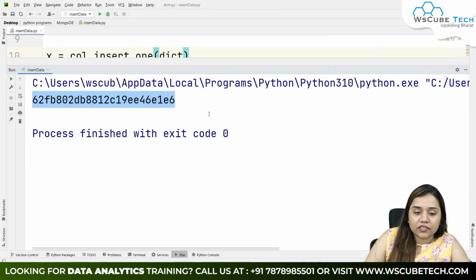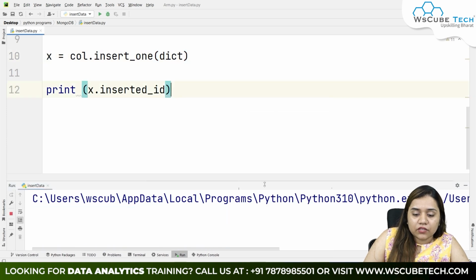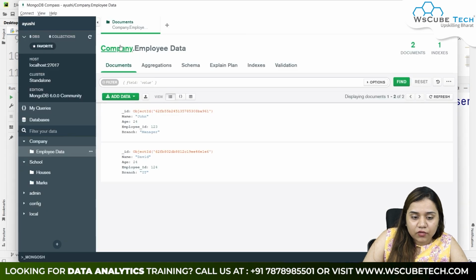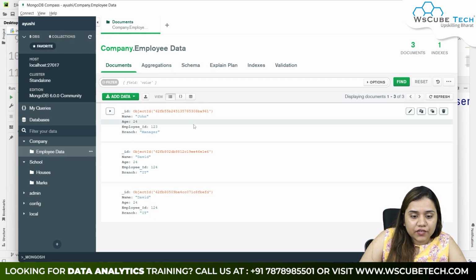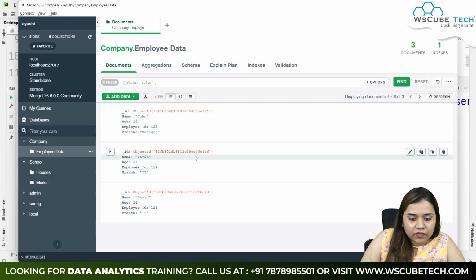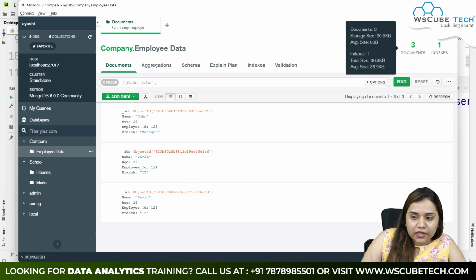If I run it again, let's see what happens. As soon as I run it, nothing will change over here, but you will now see that we get another ID here. And if I go to MongoDB and refresh it, so for refreshing I'll go to view and click on reload data, and now you will see I have received another ID over here. So this one is pretty different from the previous one that we had. In the end you can see here we have E6, while here we have EFD. So this is how we can obtain the data.